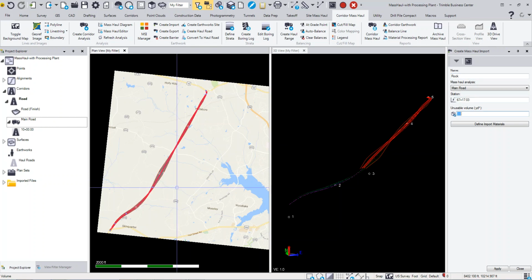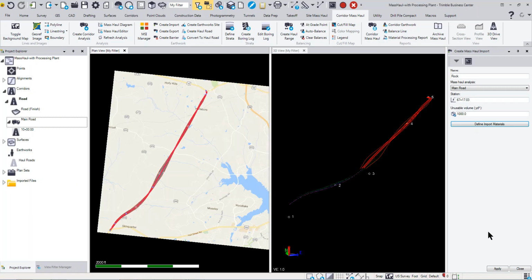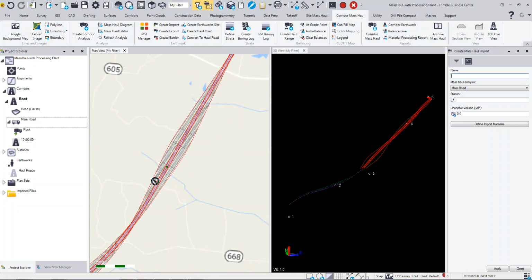So if I pick here, it's going to put in the amount of usable volume. So maybe I put in 1,000 cubic yards, and then I can define that material. So if I was to come in here and choose the on-site rock or the crushed rock that I was going to define, I could go ahead and tell it that maybe there's 2,000 cubic yards of this material that can be brought in. So by doing so, I can click apply, and I've added that import material along my